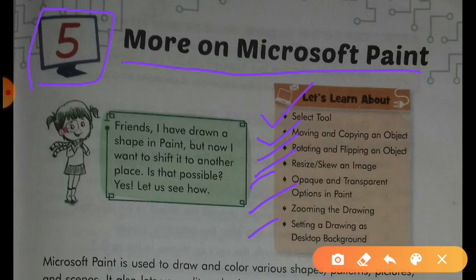Today is part 1. So in this video we will discuss select tool, moving and copying an object, and rotating and flipping an object.